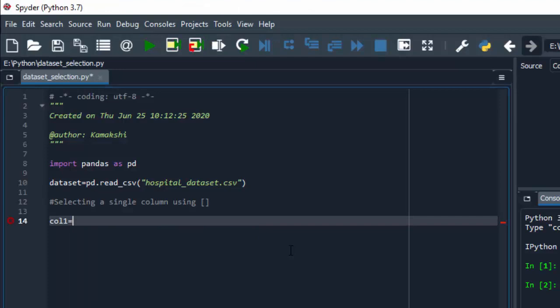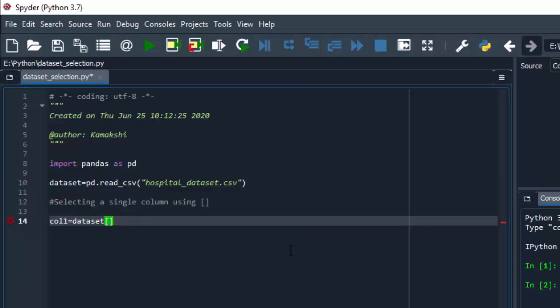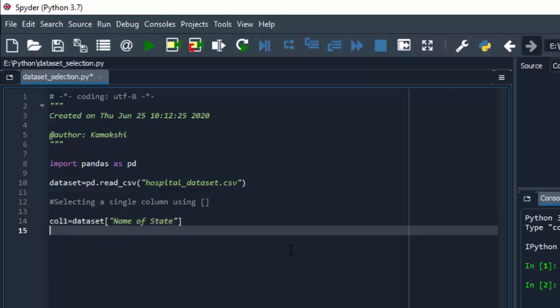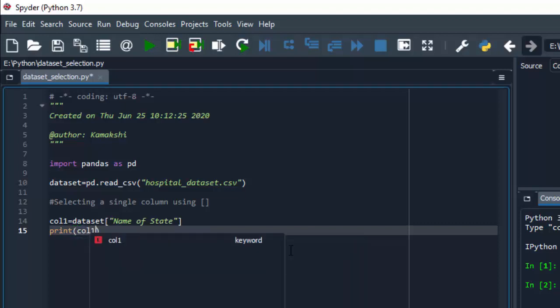Here I have given the variable name as col1, a user defined variable, equals dataset, the variable which is holding the data set. In subscripts, within quotes, specify the name of the column which you want to select. Suppose I want to select name of state, so I have passed the column name over here. Now print this column by using print in brackets, variable name col1.